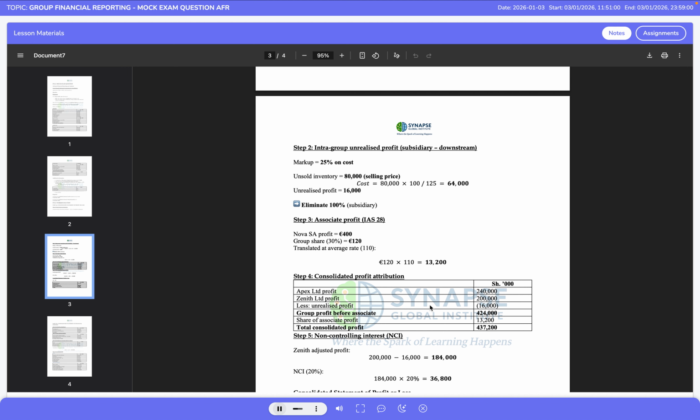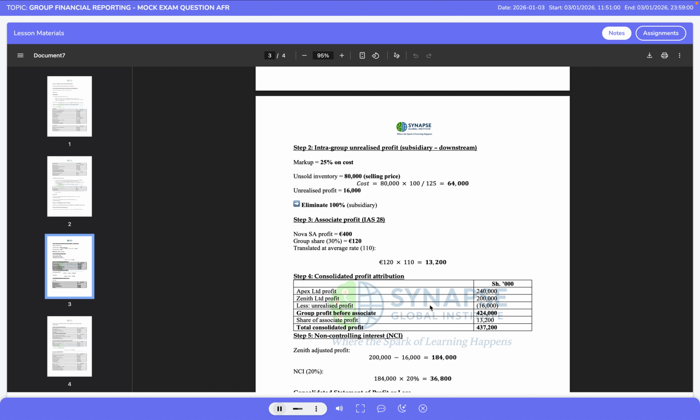We then incorporate the associate's profit. Nova SA's profit for the year is 400 euro units, of which Apex Ltd's share at 30% is 120 euro units. This share of profit is translated at the average exchange rate of 110 shillings per euro, giving a group share of 13,200 shillings. This amount is added as a single line item in the consolidated statement of profit or loss, in accordance with